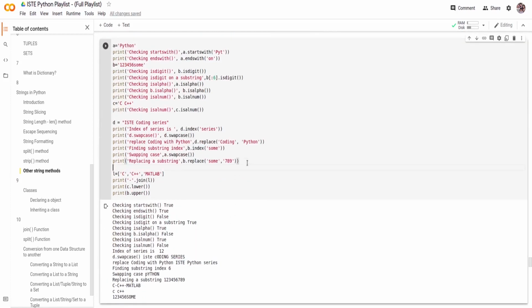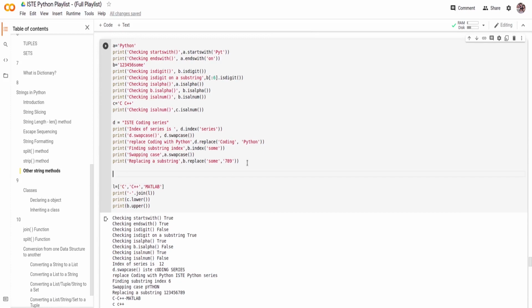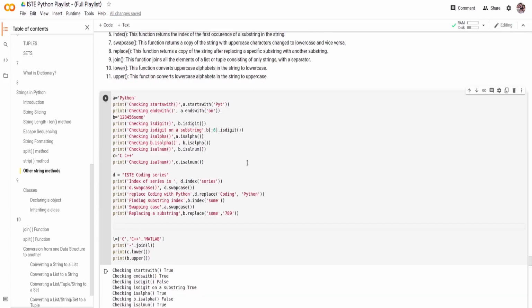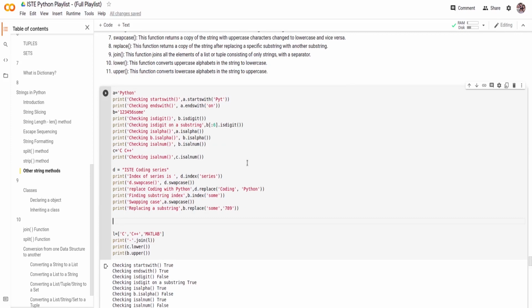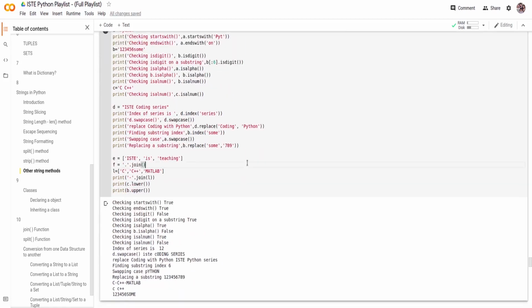Now let's say you have a list and you want to join the list into a string. Let's say I have the list "IST", "is", "teaching", and I want to join them. I'll write another variable equal to whatever you want to join it with, that is, the separator string, and then .join.